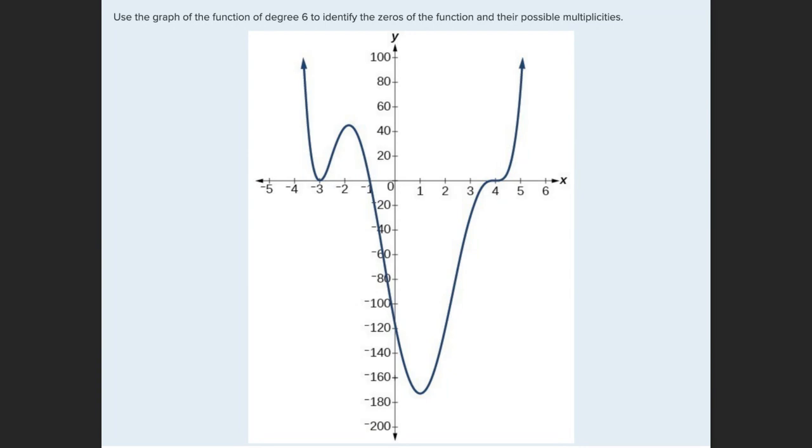Okay, so in order to write an equation for this, first thing I do is I figure out where it crosses: -3, -1, and 4. I know that the leading coefficient is positive, so I'm just going to put +1 there. Okay, and then this is going to be x plus 3. And it hits and goes back up, so I'm going to say that's the second power. Here I have x minus 1, goes right through, so I'm just going to put x plus 1 there. Here, this is like an S shape, so this is going to be x minus 4 to the third